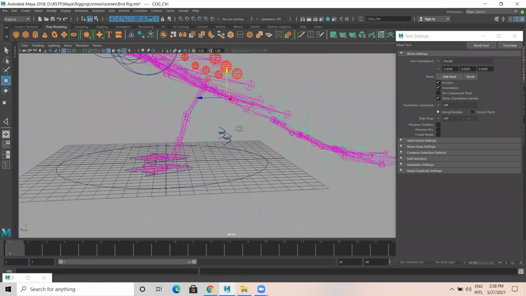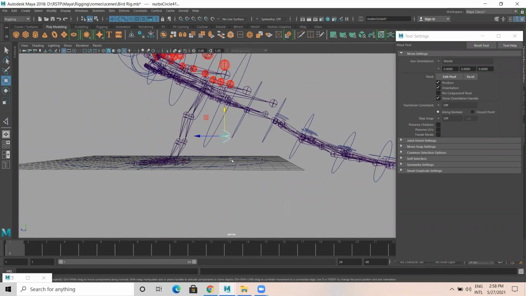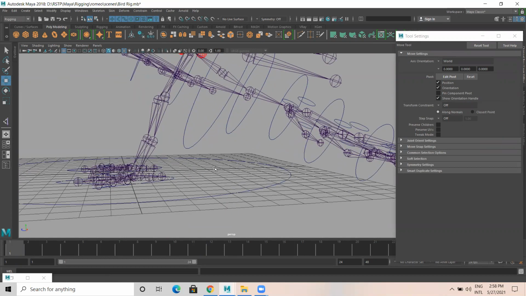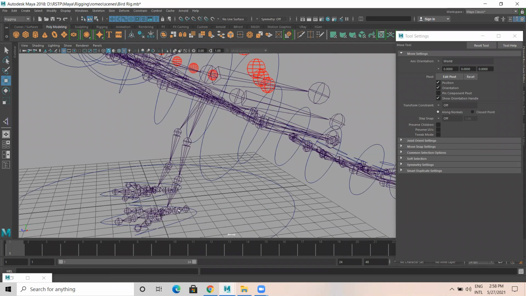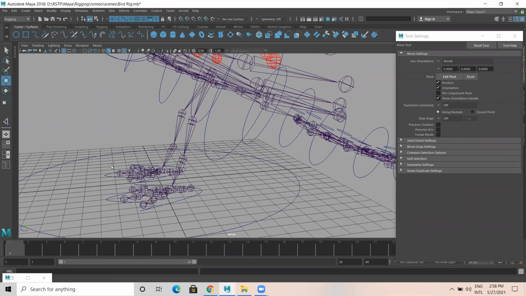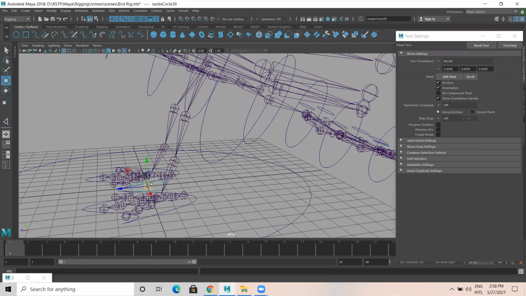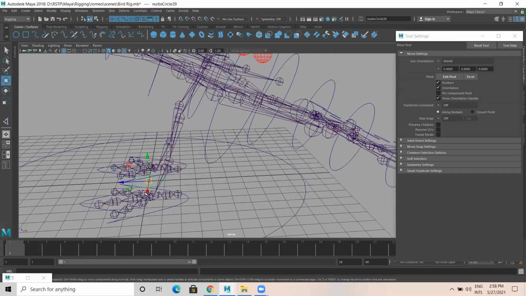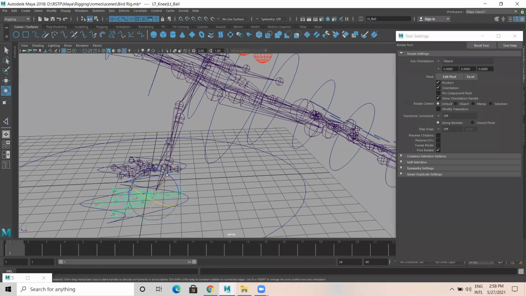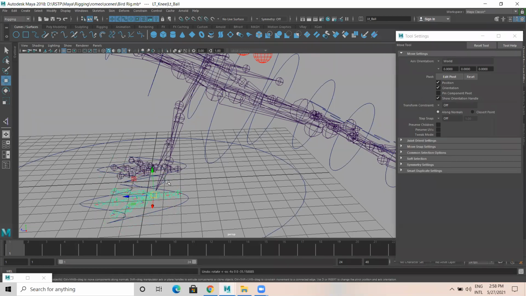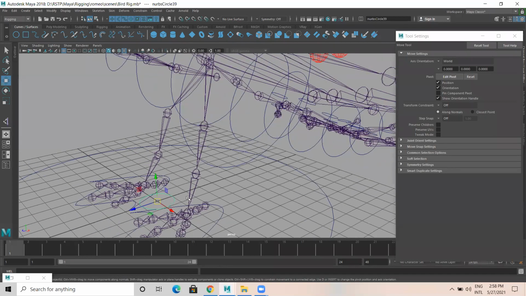Okay, it is fine. Since this is there, I don't want this. I need to create a simple circle. So this circle, I duplicate this.